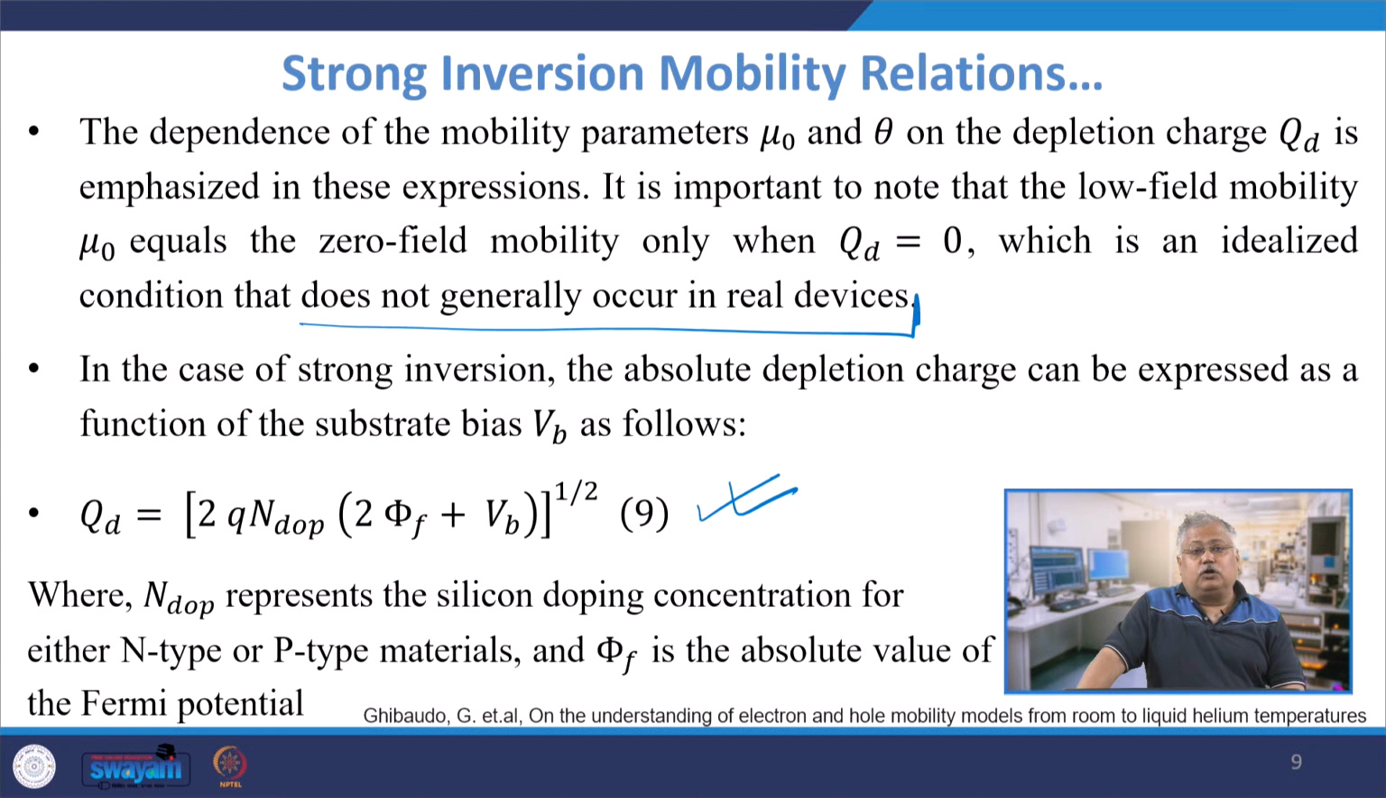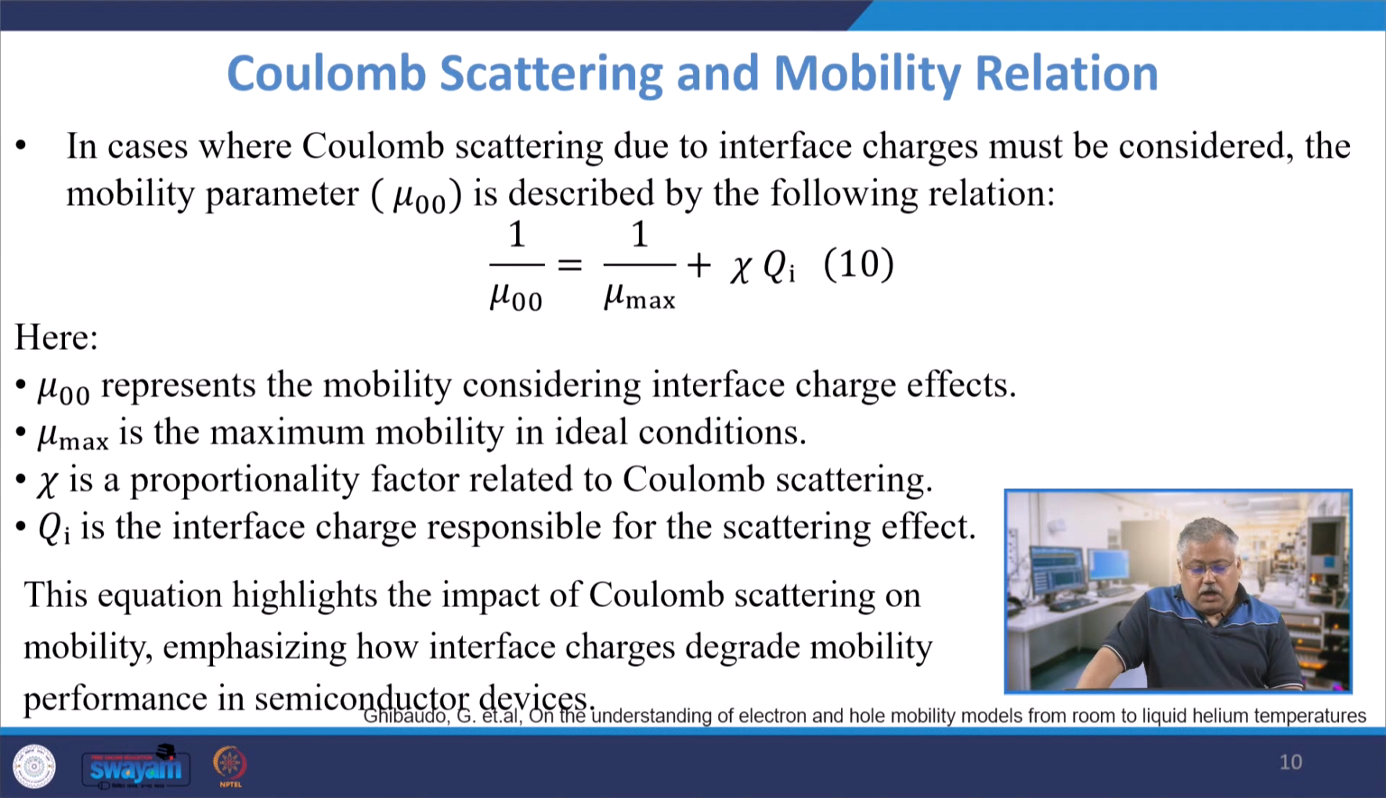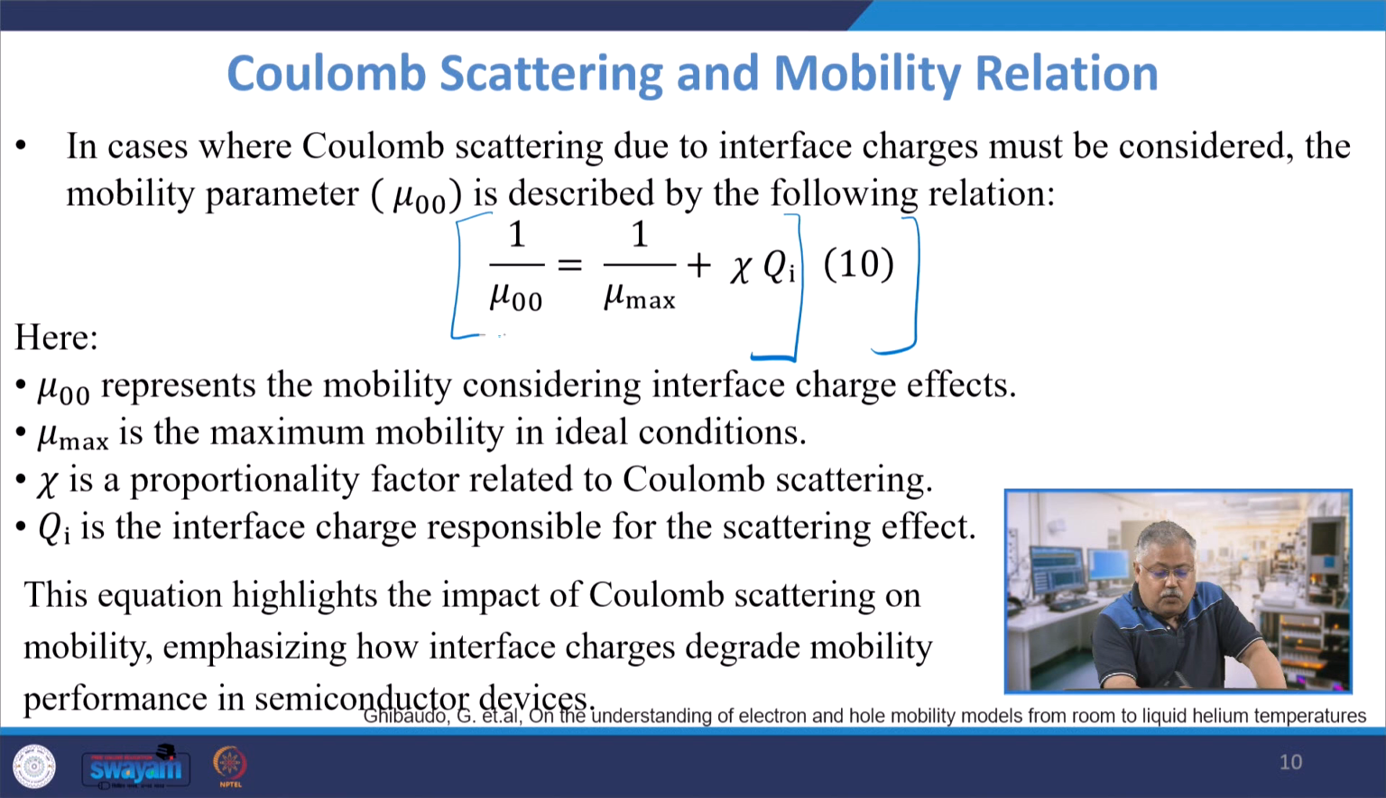As the substrate bias goes on increasing, the charge actually increases in a non-linear fashion. Let us look at the Coulomb scattering and therefore the mobility relationship. I discussed already with you what is Coulomb scattering. The way we represent it is in this manner. This is the equation which you see: 1 by mu 0 equals 1 by mu max plus chi times Qi, where mu 0 represents the mobility under the consideration of interface trap charges or interface charge effects,